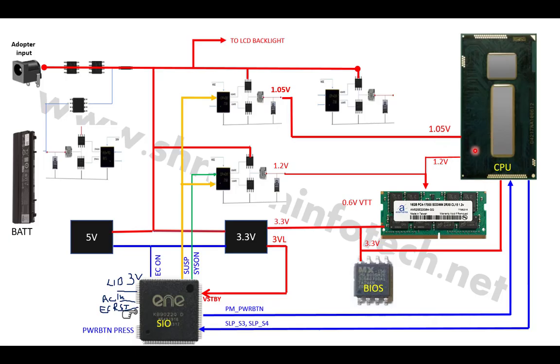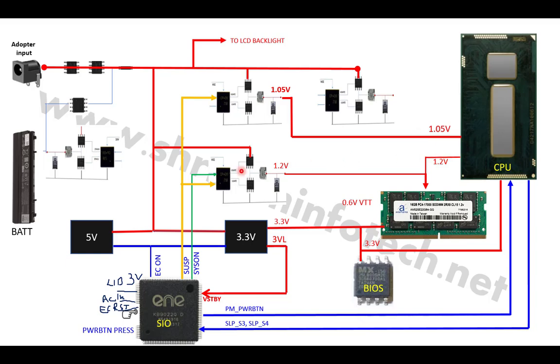SOC and CPU are the same thing here, because as I already told you, SOC means system on chip. System on chip means the CPU and the PCH are merged into a single chip. That is why it is called the SOC, and here the 1.05 is going to the PCH section,